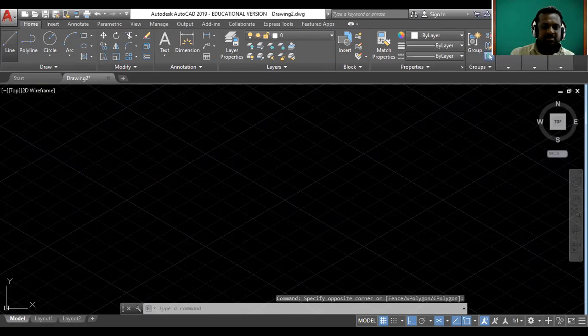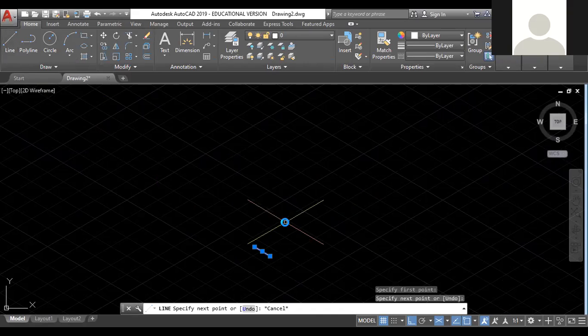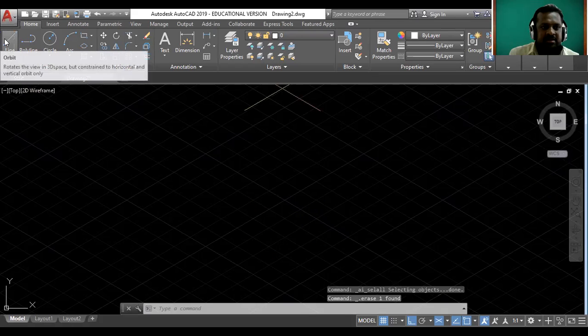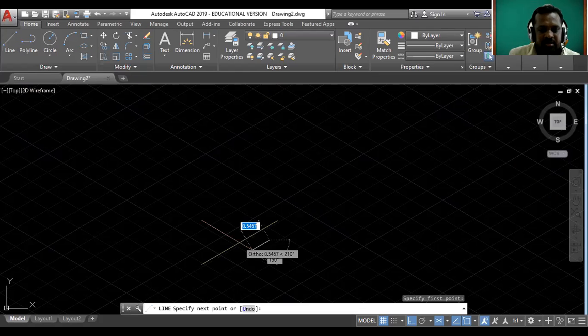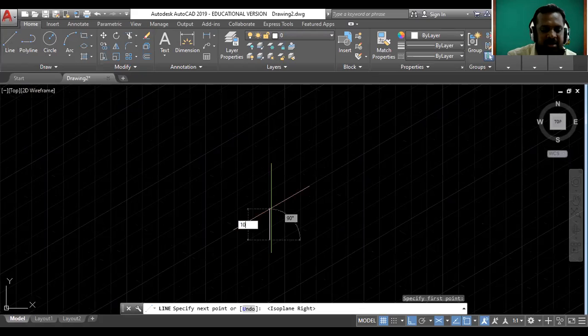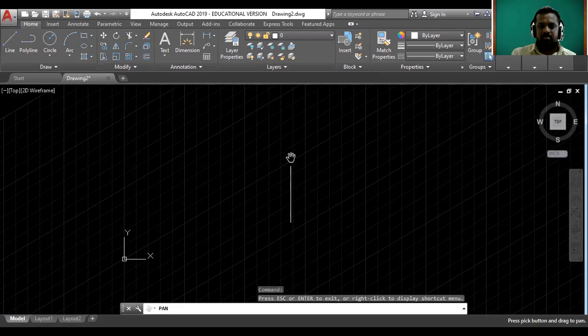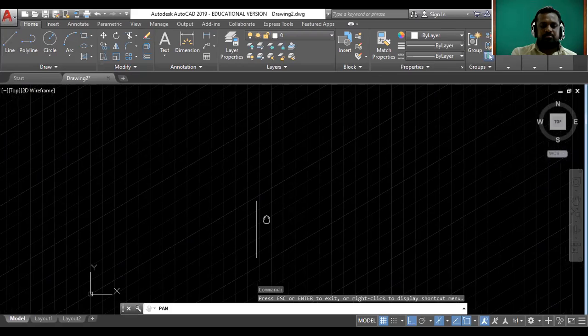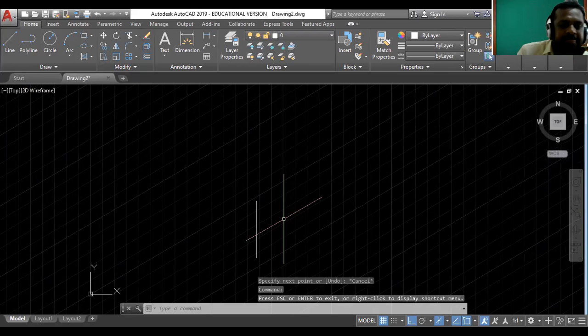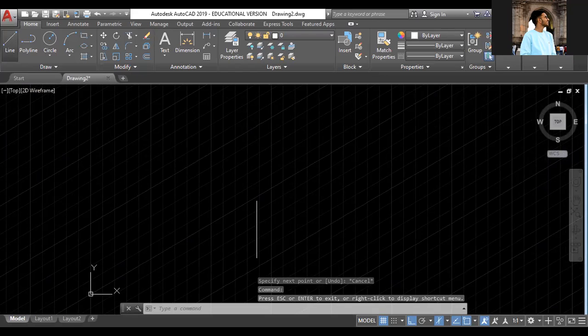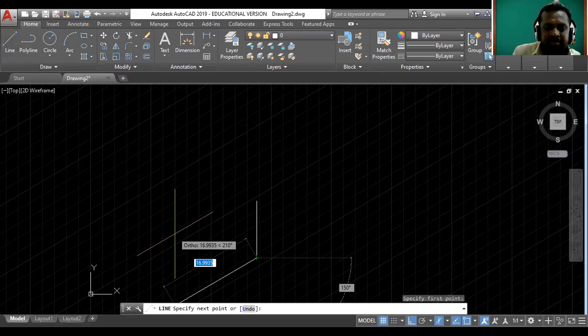Again similar problem. It is not changing the plane. How to change the plane? F5 key. Just 1 minute. Take the line, select this, and press the F5 key. And take the 10 mm, enter. Suppose this is the line. Then next, in this side we have to draw the line. For changing the plane, press the F5.